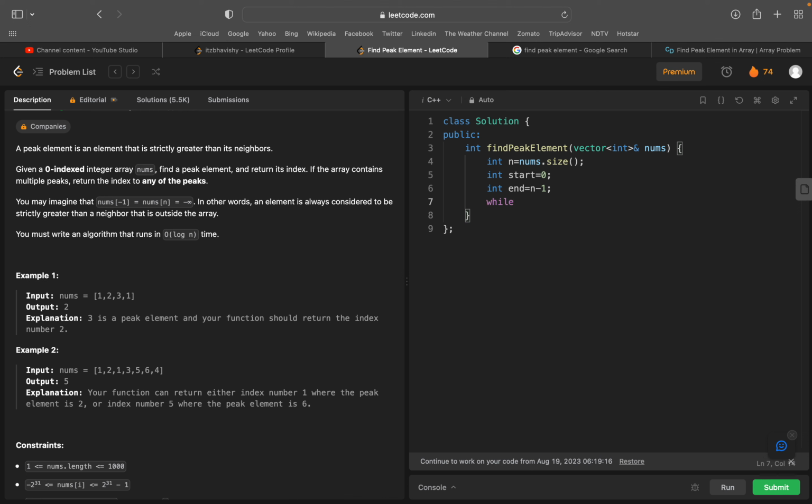We have to apply a loop while start is less than end. Before the loop, we have to find the mid equals start plus (end minus start) divided by 2.